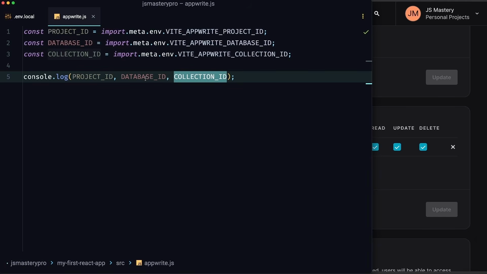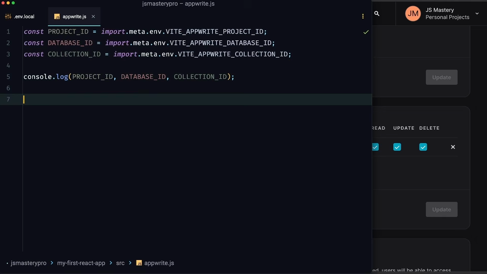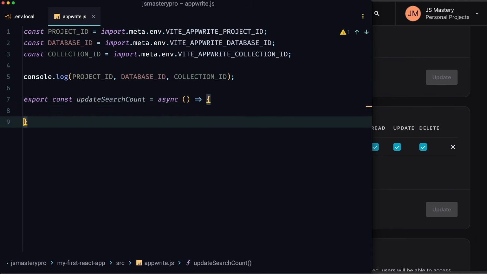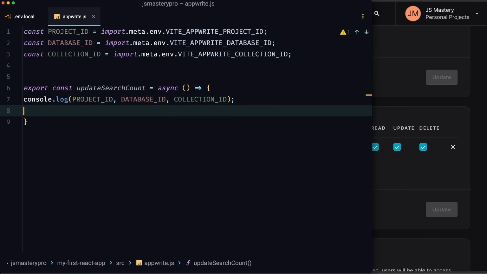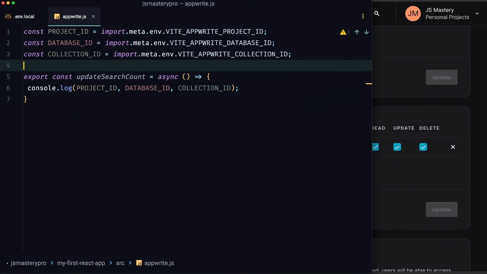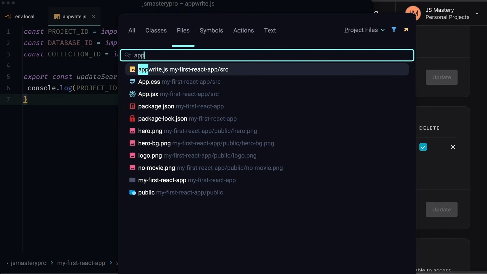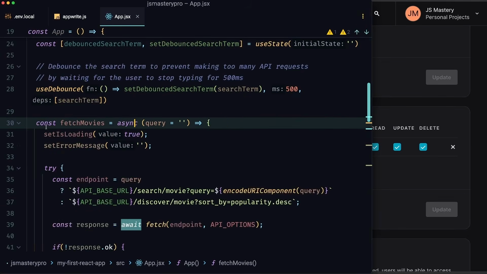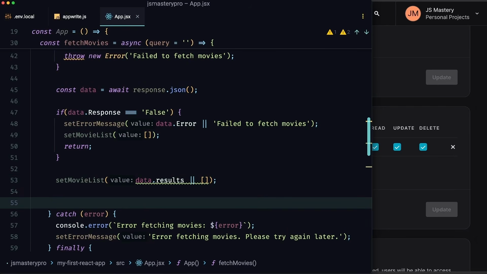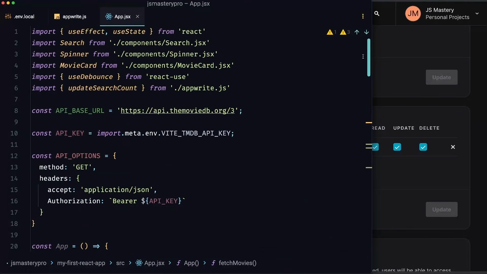But for this file to be executed, we actually have to call some kind of a function. So what do you say that we immediately create a function here that will update the search count? It'll look like this: export const updateSearchCount, which will be equal to an asynchronous function. And for the time being, the only thing it'll do is console log those environment variables just to make sure we have access to them. So now we can go back to the App.jsx, and right at the bottom, after we set the movie list, we can call the updateSearchCount like this, and make sure to import it at the top